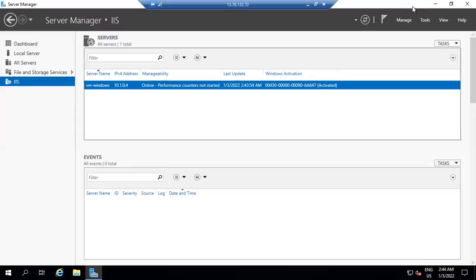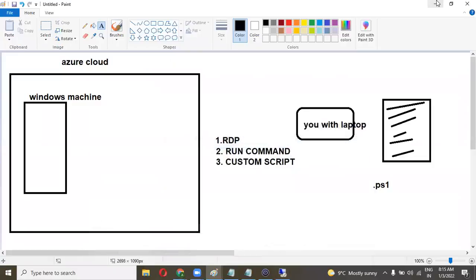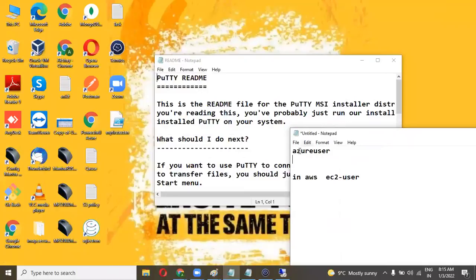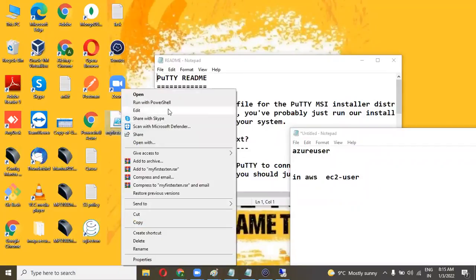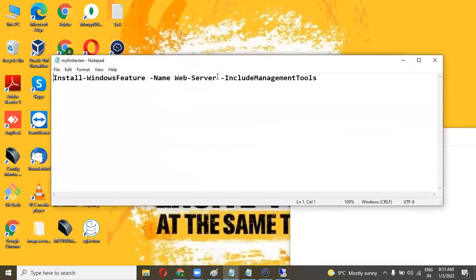Yeah, you can see this in my script. Let me go back to the script. So here you can see I have mentioned the name. You can see my first extension. Open it with Notepad. You can see I gave the name Web Server. Got it? You got it, but for IIS you have given this. For other services there will be some other name, right? How are these names defined, and from where are we getting them?